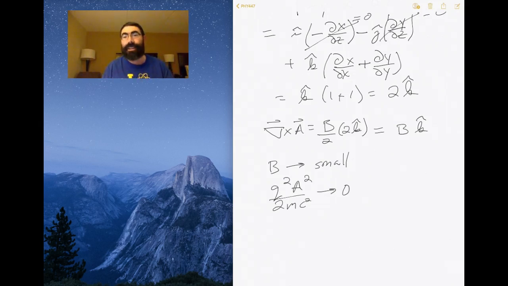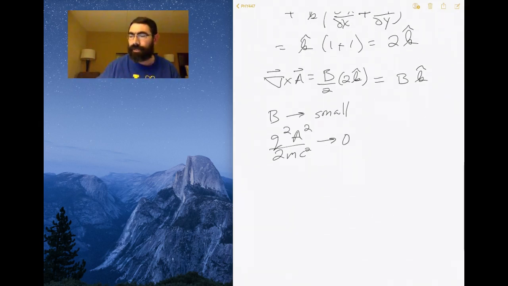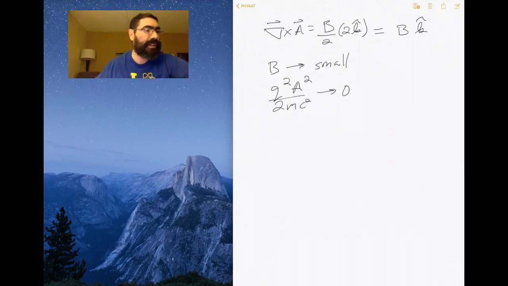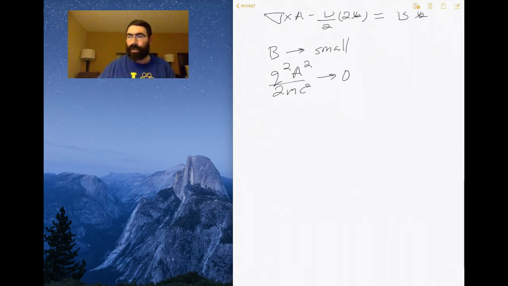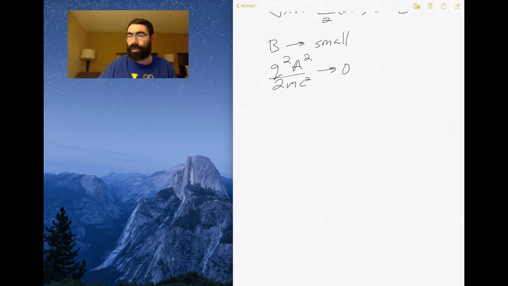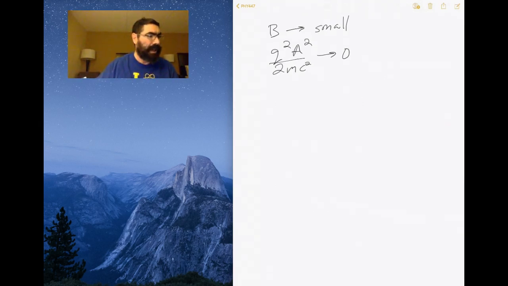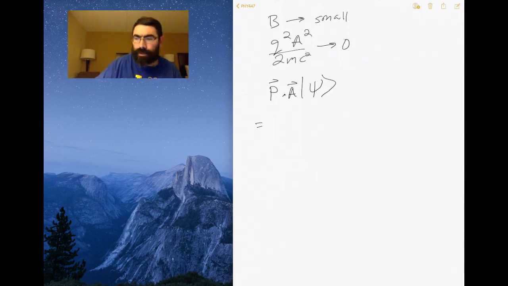So we're going to neglect that term as just insignificant. Okay, so now let's take our vector potential and let's consider these operators. So P dot A operating on some state psi is going to be minus i h bar the derivative dot A, like so,